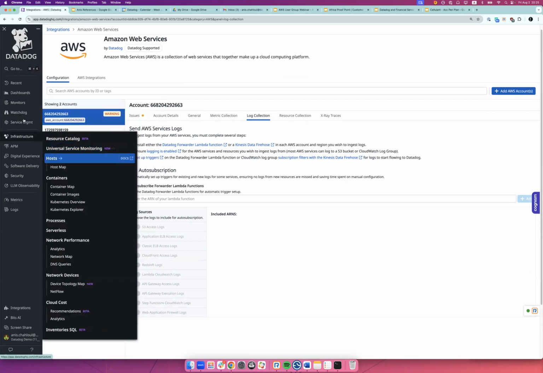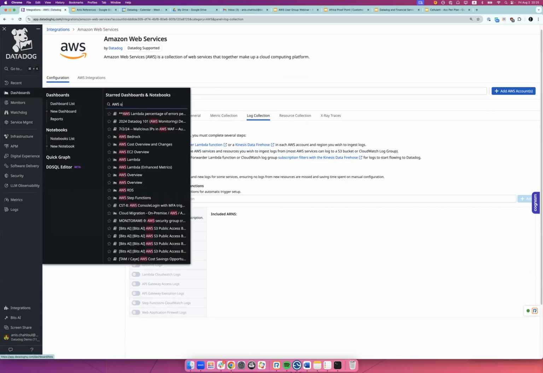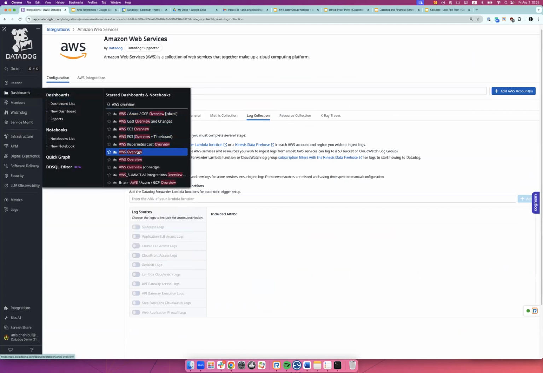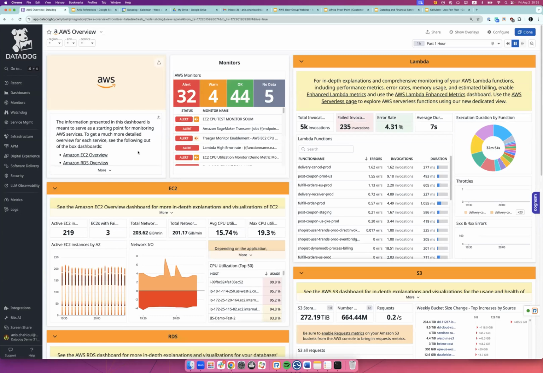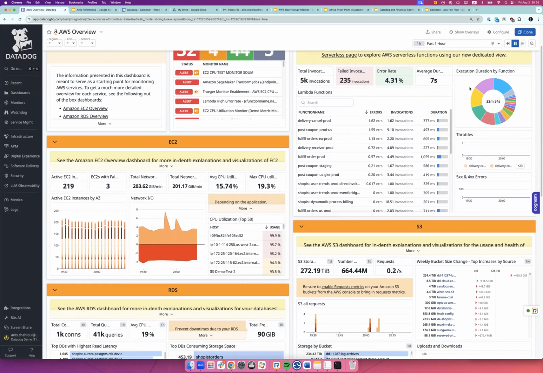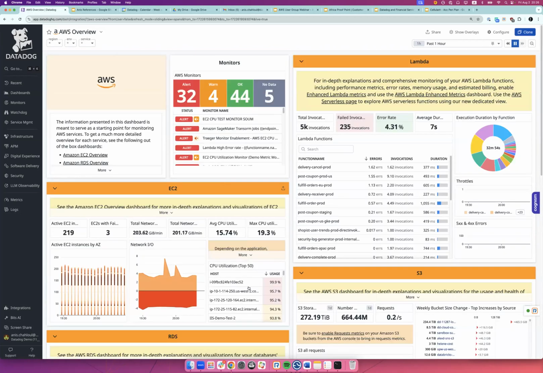Once I install my AWS integration, I'll have assets such as dashboards, such as this AWS overview, so I don't start from scratch. Again, the idea is, rather than spending 3 weeks building alerts and dashboards, in a couple of clicks you are able to provide your manager and your business, on demand, with the kind of dashboards and visualizations they want to see. So you see here an example of an out-of-the-box dashboard that you can clone and, with a drag and drop mechanism, create dashboards. Again, I'm happy to answer any question on the go. Feel free to drop them in the chat.